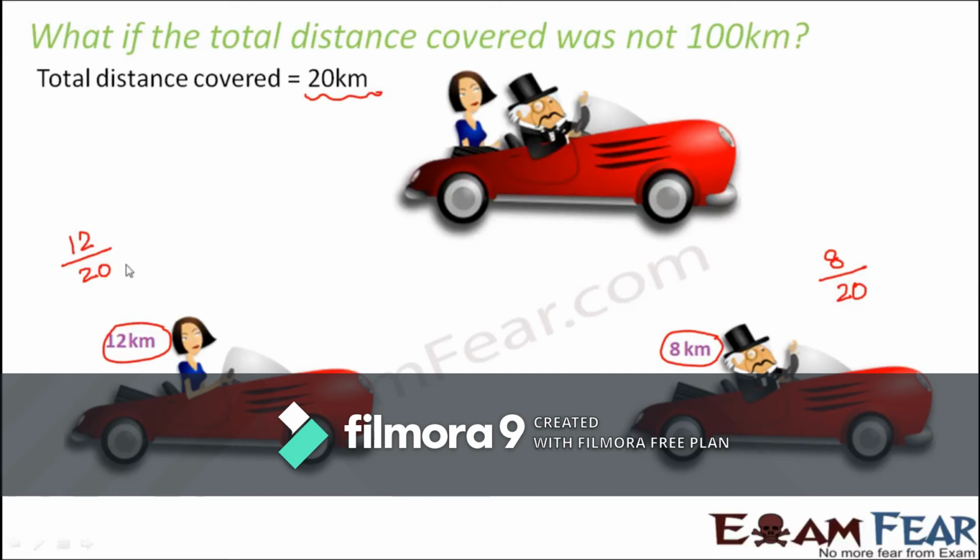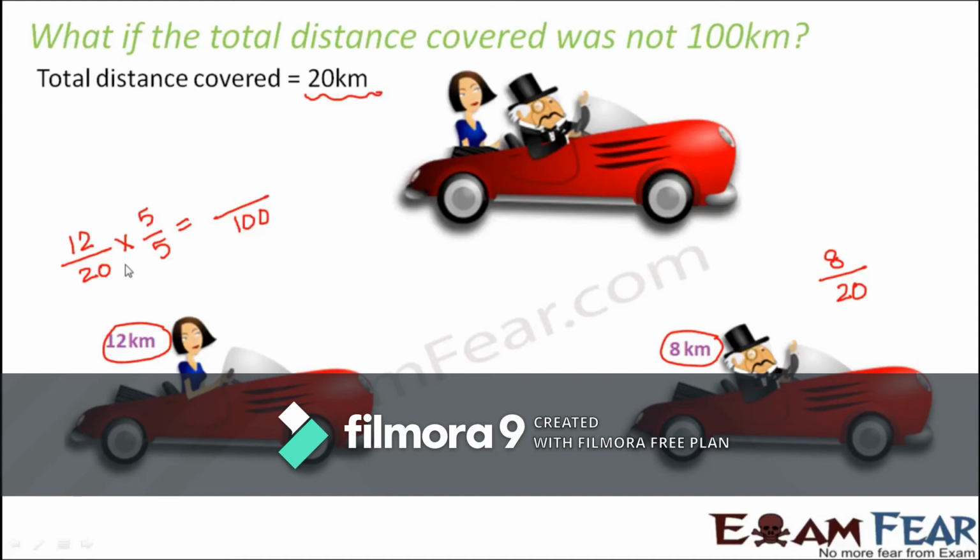Let's see what approach we are going to follow. Can you tell me if there exists any such number which when multiplied with the denominator will give you 100, because your aim is to find a fraction such that the denominator is 100. So in order to get 100 in the denominator, what should you do? You should multiply the denominator by 5, because 20 into 5 is 100. Now if you multiply the denominator by 5, you also need to multiply the numerator by 5 so that the value of the overall fraction remains the same. Remember, we learned about equivalent fractions.